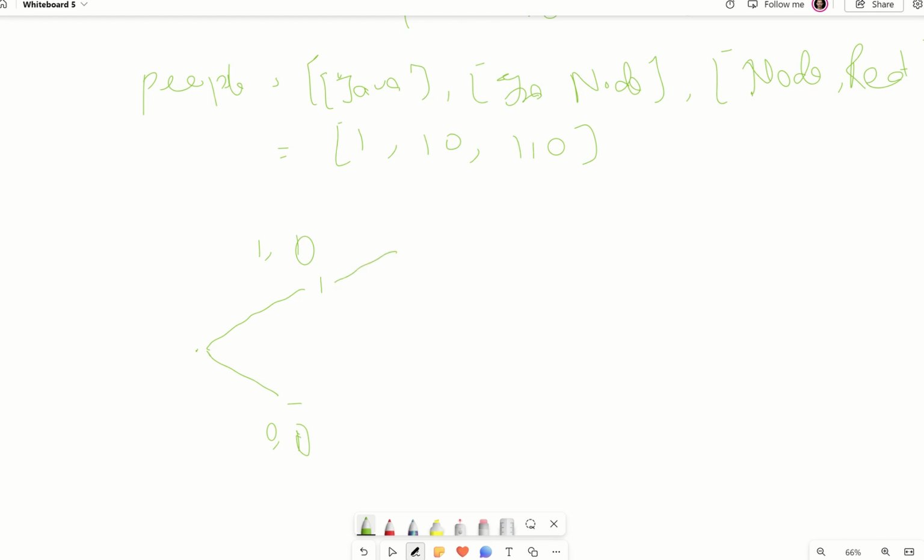Okay, now let's say we decide to choose the person with skill 2. So we are saying that we choose this person with skill 2, which is 1 0, and we already have a person in our team with skill Java, with skill 1. Now how do we represent this in a number, so that we know that this person has both Java and Node? Basically, in a way that says we have selected both person 1 and person 0. Okay, so if I do an OR operation for these two people, we get 1